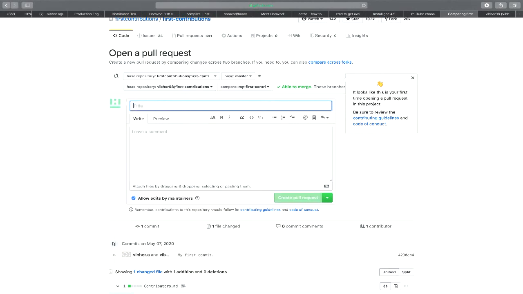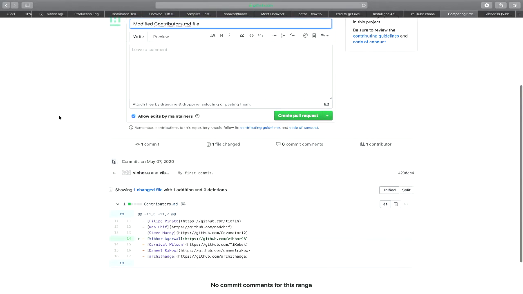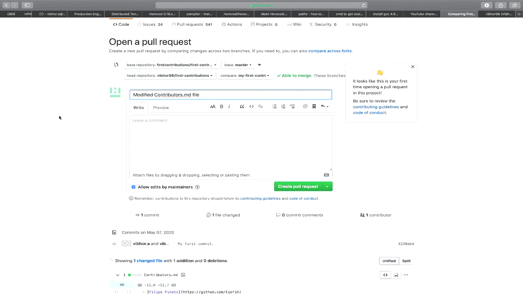So I'll type modified contributors.md file, right? Because actually I have modified this file. So make sure that this pull request title is meaningful.